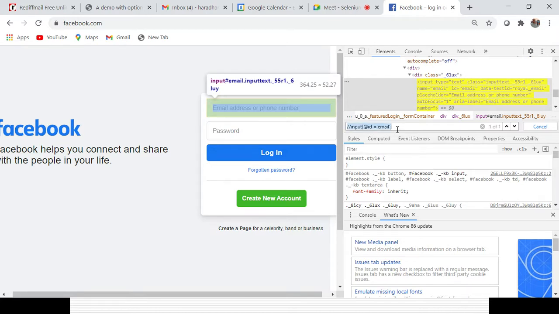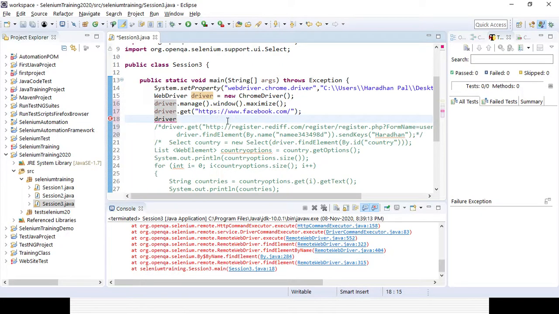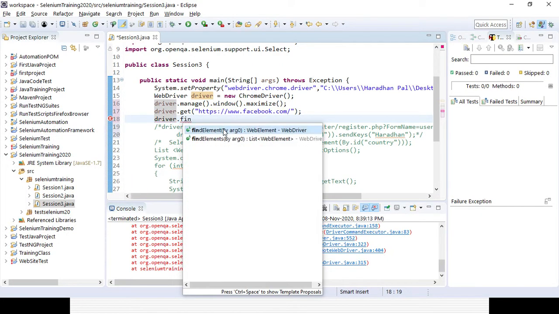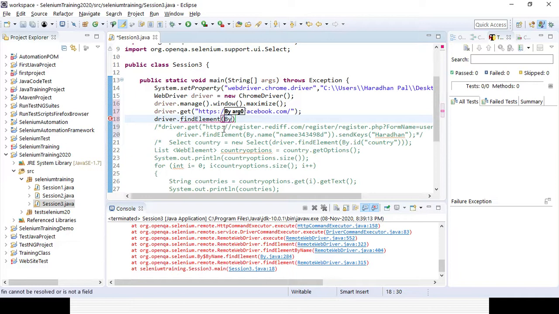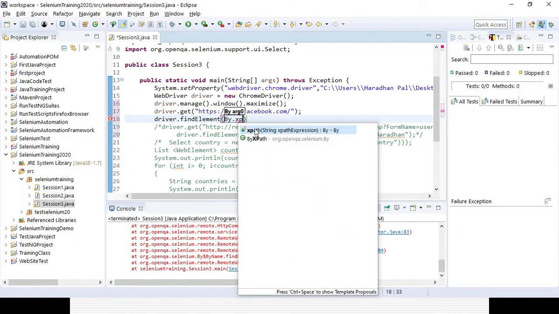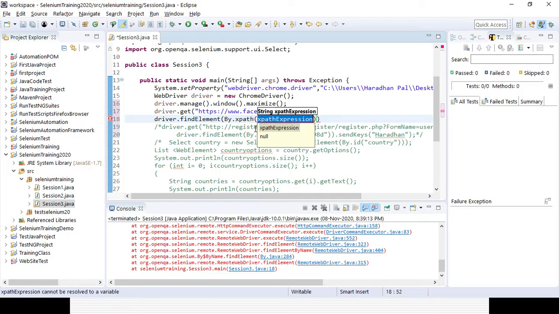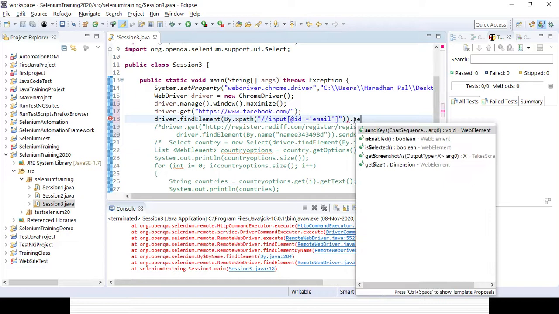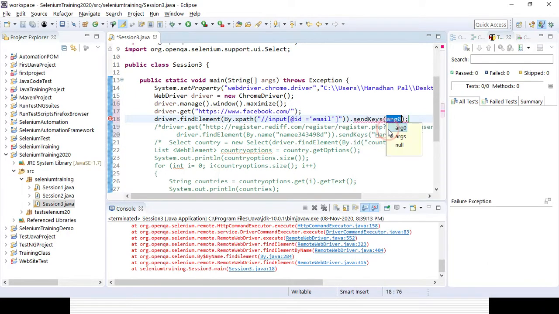So driver dot find element by dot XPath. This is the expression I am giving here, and I will perform a send keys operation, say username1, and close with a double quote.